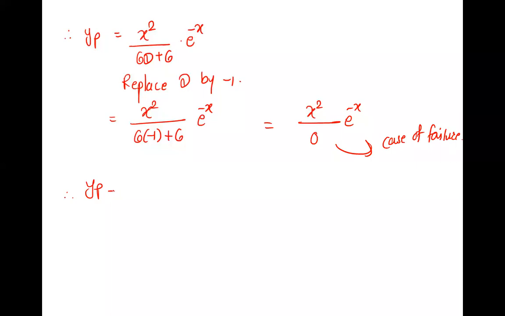We go back again and what do we do? Multiply by 1 more x. So what is this next step? x cube by the derivative of this term. What is the derivative? 6. So x cube upon 6, into e raised to minus x. Is it over now? Yes, D is there, no 0 is there. So yes, this is over and this is your final yp.